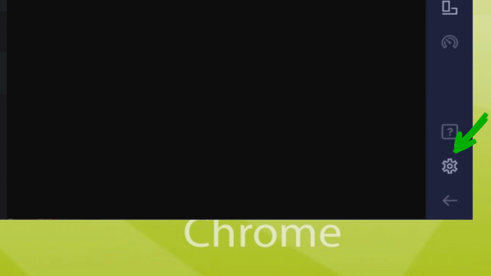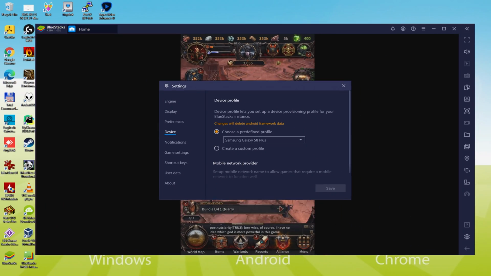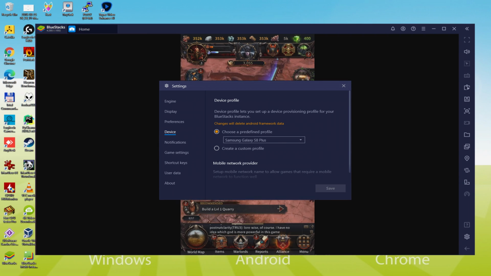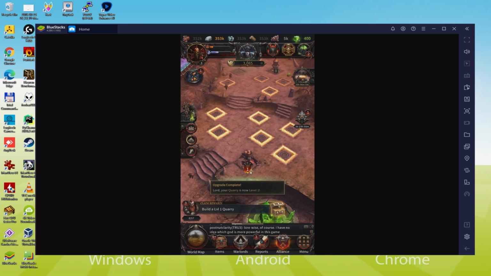We return here, to the cogwheel, and we click on it. Let's browse here to the Model option. And here we see that the emulator is simulating a Samsung Mobile. And so we're going to receive an email saying that a new Samsung device has been connected to our Google account. This is it guys, so much for this tutorial.